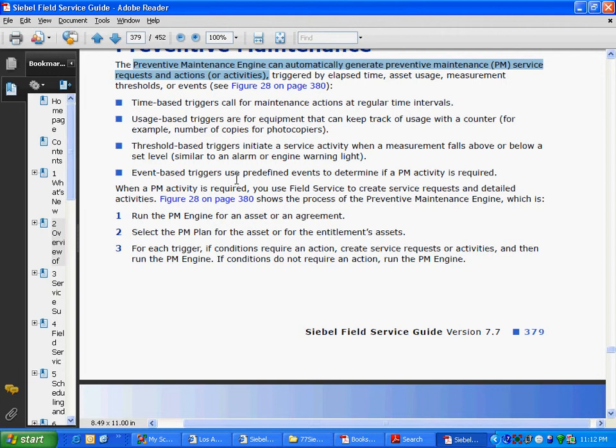So what is PM Engine? I'm thinking as a Siebel guy, when a simple workflow process can do this work, then what does PM Engine do? That's a very important question that I'm starting this whole study with. Because let's say someone has bought air tickets, and you know that it has to be done 24 hours in advance, that within the next 24 hours you have a flight. You cannot do it in the night.